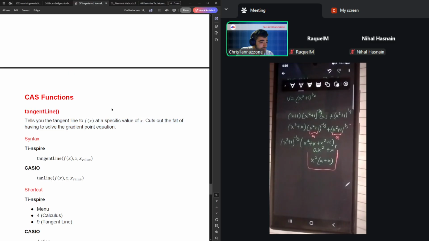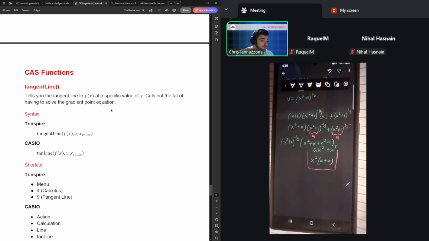The CAS also can do these for you directly, so this is going to be really helpful. You pretty much will always do this in every tech active exam, finding some form of tangent line. It's really, really strong because not only does it work with known values of x, but also variables as well. So if you wanted to find fully generic tangent lines for any given point, you can just do